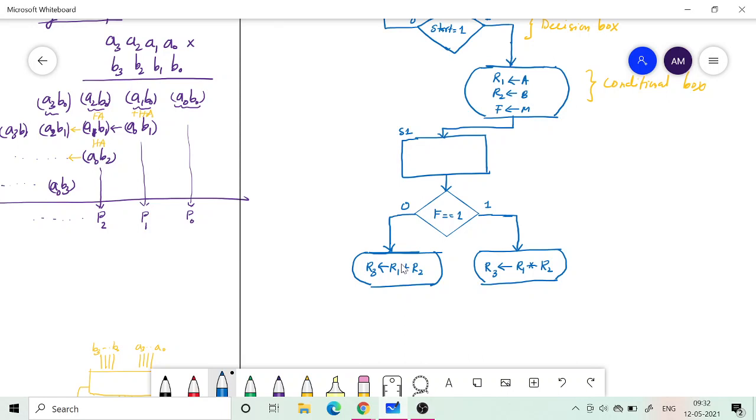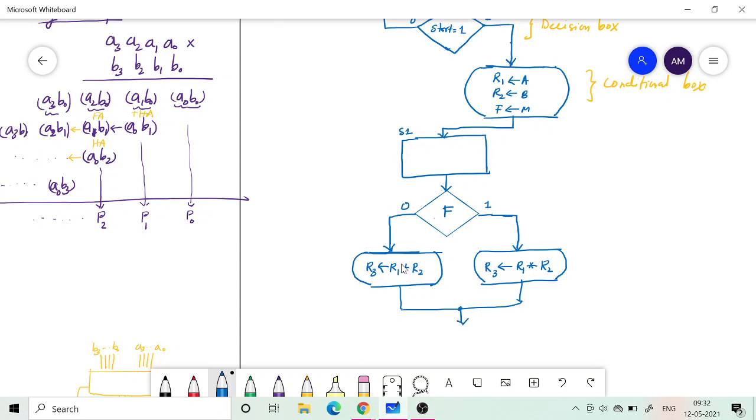So we are checking F. Maybe another way of writing here is just to write F. We check what F is, and depending on whether it is 0 or not, we do one or the other. Both will not be done, only one will be done.